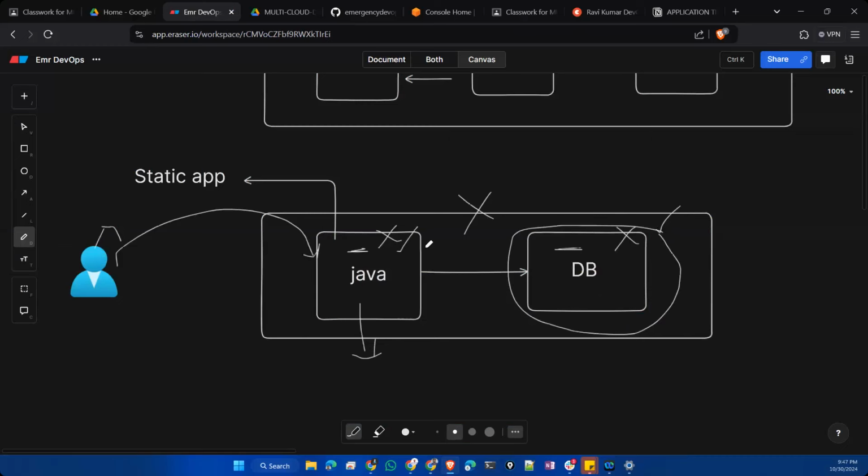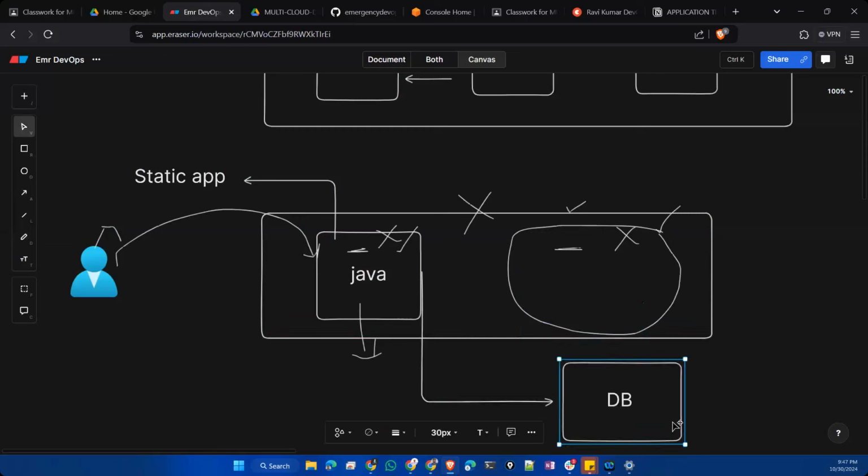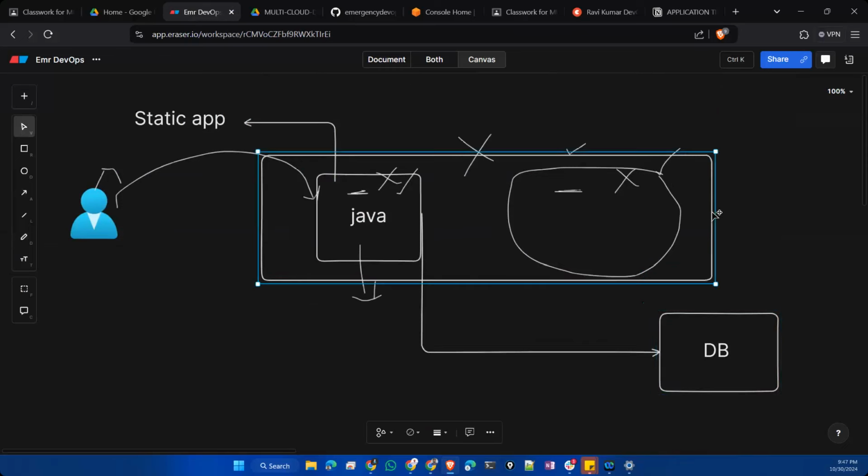But DB, if it is down and the application is running, no use. If the DB is running but the application is down, also no use. The data will be stored inside the DB only, right? So that is the importance of the DB. So we cannot rely on one server here. So what we will do, we'll keep the DB separately in another server,